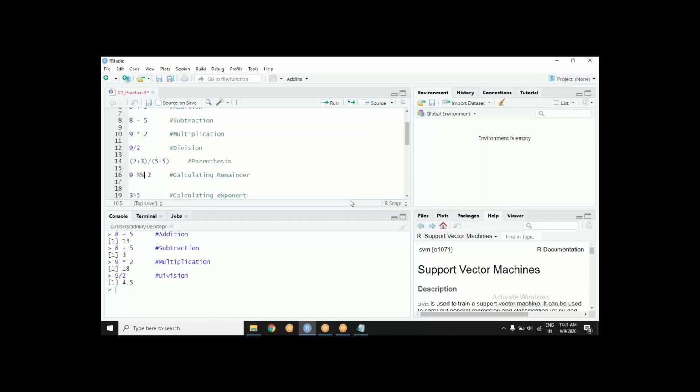Yes, those are from Java, they know this. Maybe they know the single percentage sign, right? That is for the remainder of a division. If I divide 8 by 2, it is a perfect division. But if it is 9, then there would be a remainder. So it returns that. We call it modulo.